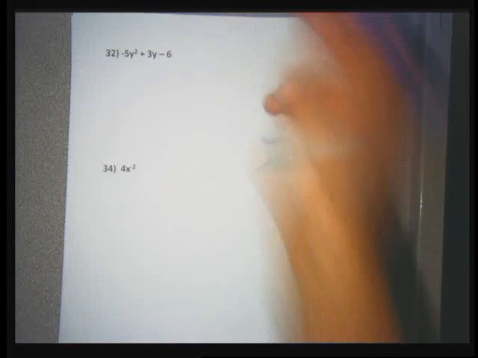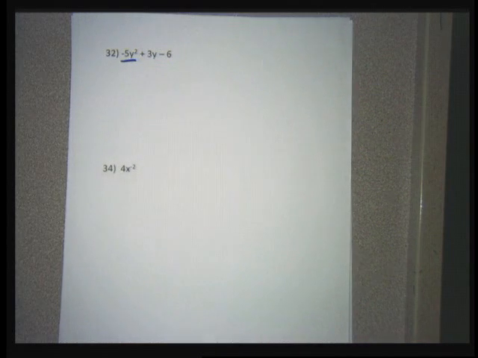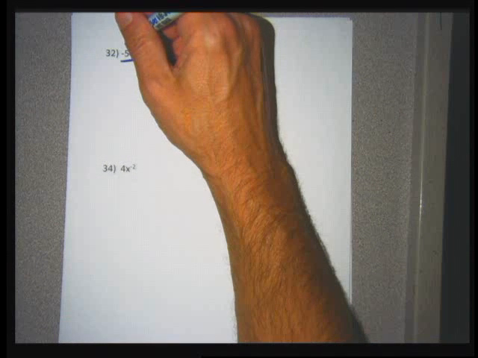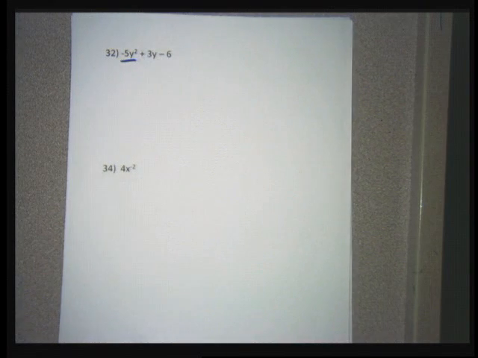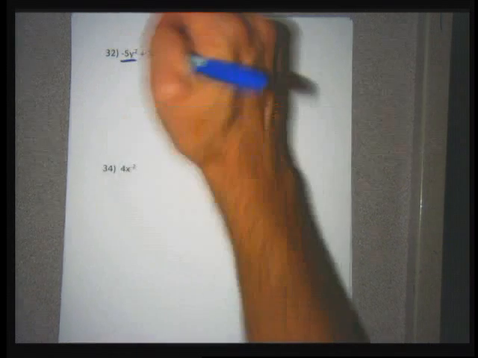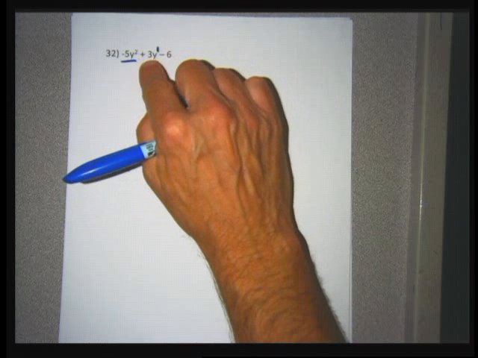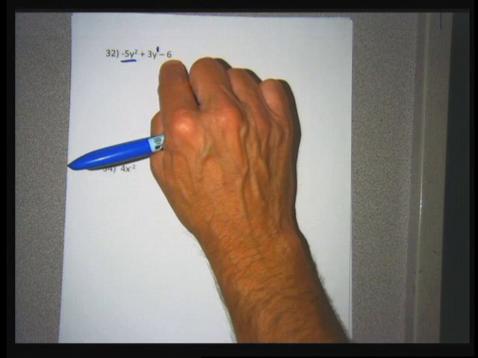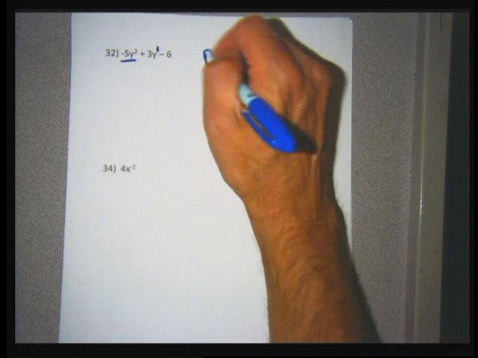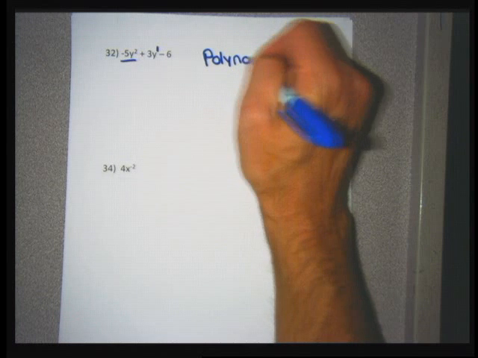When I look at problem 32, I have to look at each piece. The first term, negative 5y squared, is a monomial because it has a negative 5, which is a real number. The letter has an exponent of positive 2. That's okay to be a monomial. The second piece, 3y, that's also a monomial because it's a real number. The y has an exponent of 1. And then the 6, it's a constant monomial, so this is considered a polynomial because it has 3 monomials separated